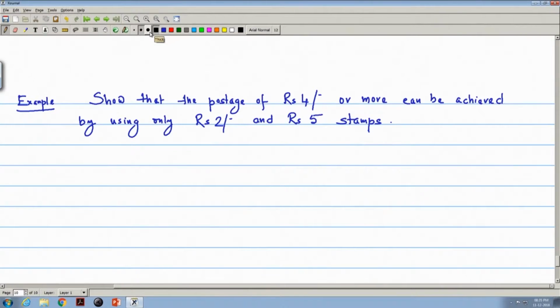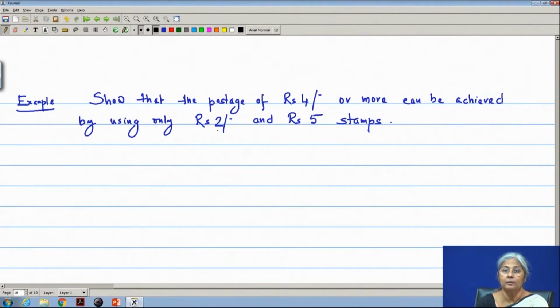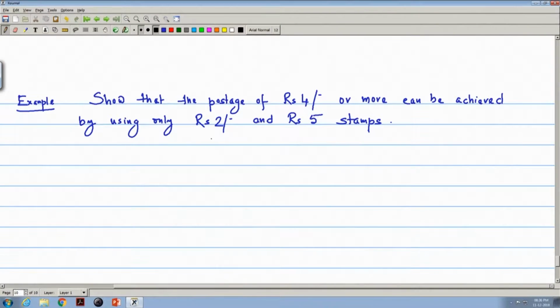See, since ₹2 stamps are allowed, if any n minus 2 postage can be achieved with ₹2 and ₹5, then what we can do? We can just add another stamp of rupees 2 and we will get the